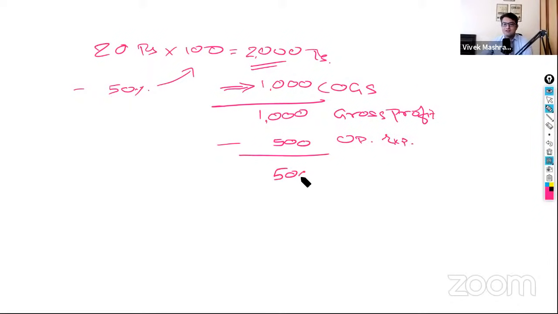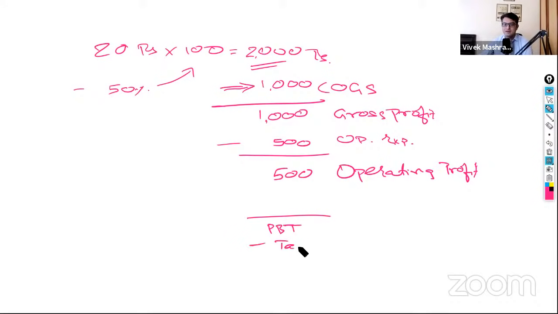So you are left with 500 rupees, which is known as your operating profit. Okay, this is known as operating profit. And then if you have taken a loan from somebody, you have interest income. If you have any assets, there is depreciation. All those things get removed from this, and you come to something known as profit before tax. Before paying tax, what are you left with?